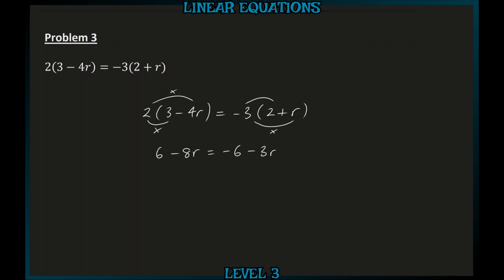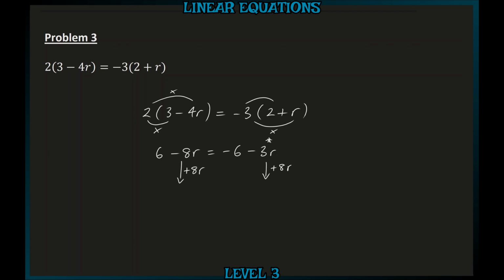Now, since we have unknowns on both sides of the equation, the easiest thing to do is to keep them on the side on which we start with the most. Now, on the right-hand side, we have minus 3r, which is greater than minus 8r on the left. So we're going to keep our r's on the right-hand side, which means we want to remove the minus 8r from the left. And we can do this by using its inverse, which is plus 8r, and we do that